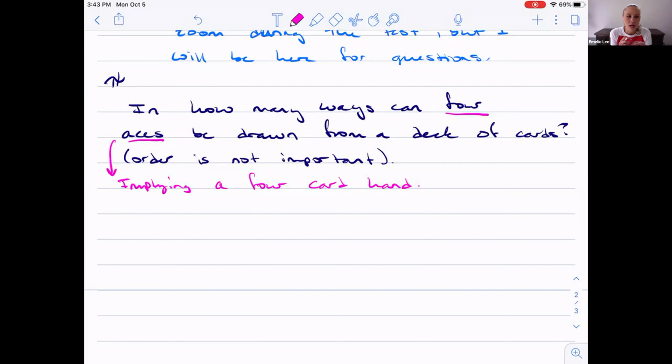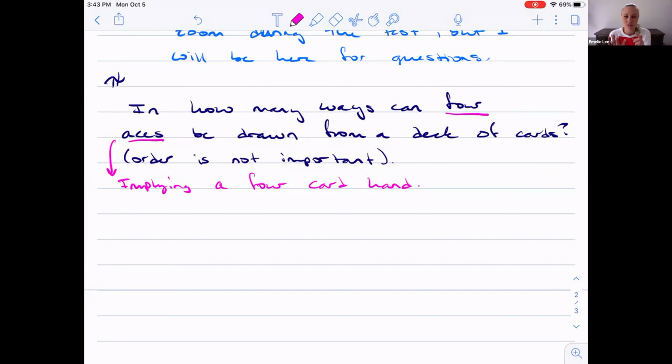And so if you're drawing from a deck of cards, there are 4 aces to choose from, right? And so really what you want to do is you want to pull all 4 aces, and that's it, right? And so it's a little bit of a sneak attack because you want to incorporate the 52 probably, but